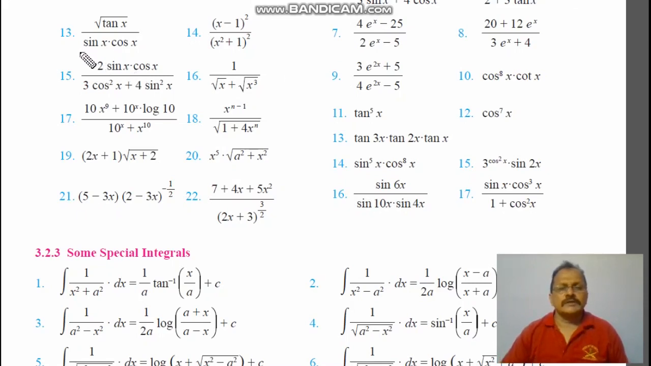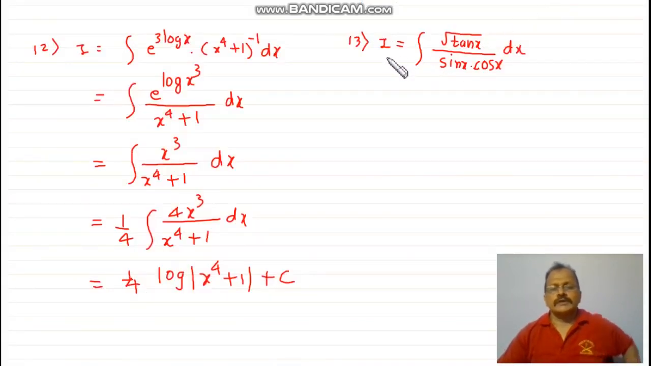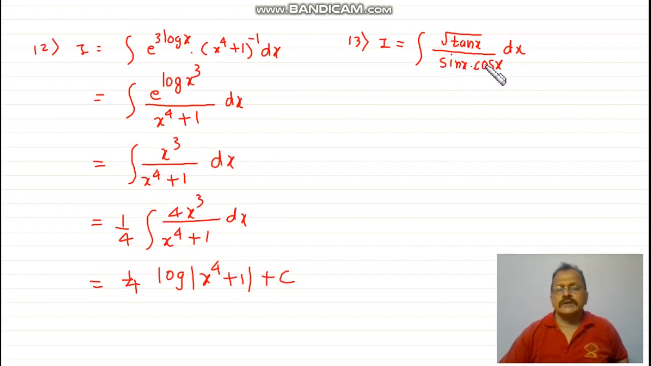The 13th problem is integration of root tan x upon sin x into cos x. I will solve this also on board. I have written the problem I equal to integration of root tan x upon sin x into cos x dx. Divide the numerator and denominator by cos square x. So you will get 1 upon cos square x into root tan x